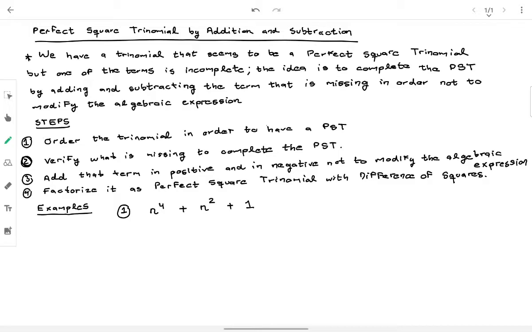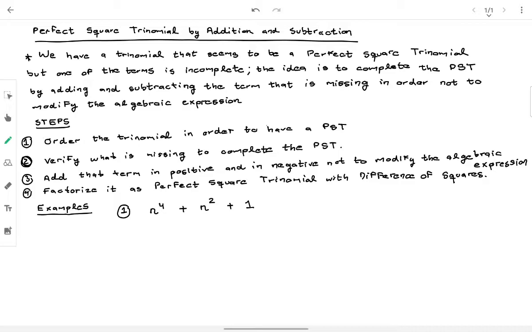So the idea is to complete the perfect square trinomial by adding and subtracting the term that it's missing in order not to modify the algebraic expression. In this case, of course, imagine we have a specific algebraic expression. If I add something, I'm changing it or modifying it. So that's why I need to add it and also subtract it in order not to change the expression that